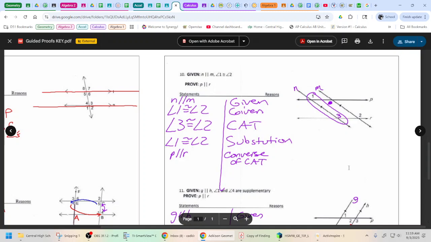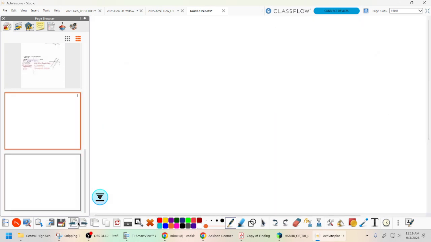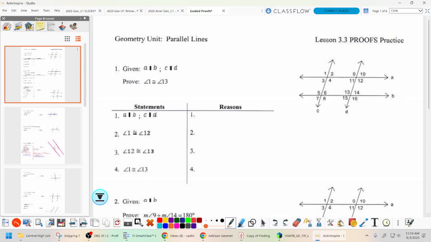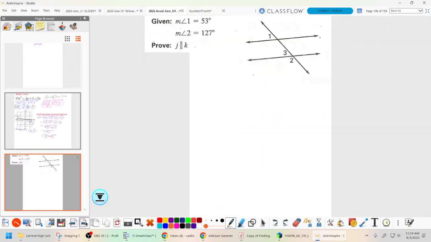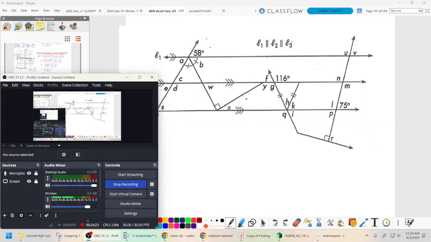So fist to 5, how do you feel on just this packet and these kind of proofs? Okay. All right, we're looking pretty good, I think. All right, I'm going to put up kind of an ugly mess problem. You're going to need a blank piece of paper. There we go. Your job is to tell me the measure of every labeled angle. This is now review for your